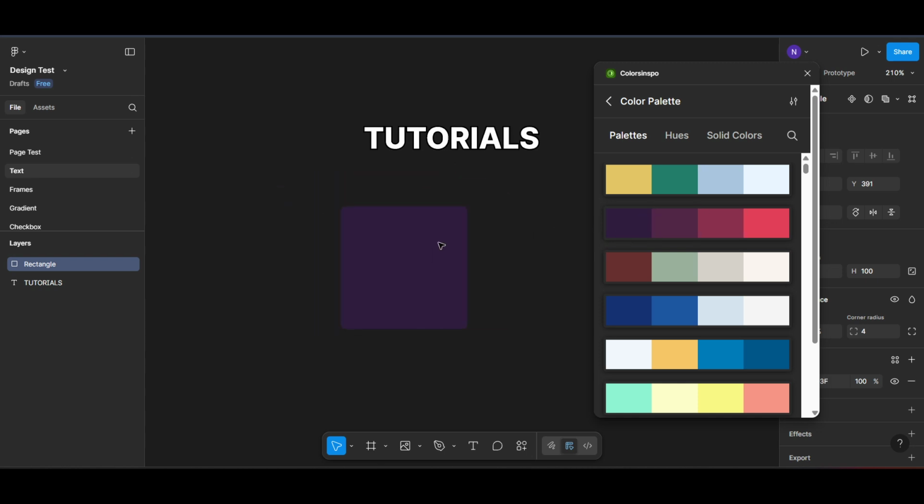Following these steps will ensure you have a streamlined process and consistent results, helping your designs stand out with professional grade color schemes. I hope you found this instructional guide